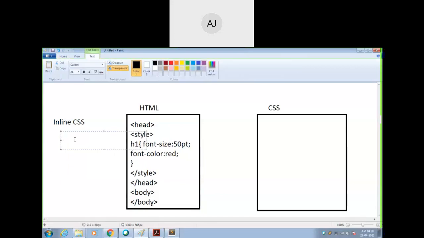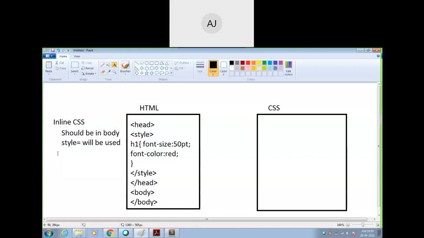It should be in body section. Okay, and style equal to will be used. Okay, so this is regarding inline CSS. These are the two important points for inline CSS. Now for the second one,